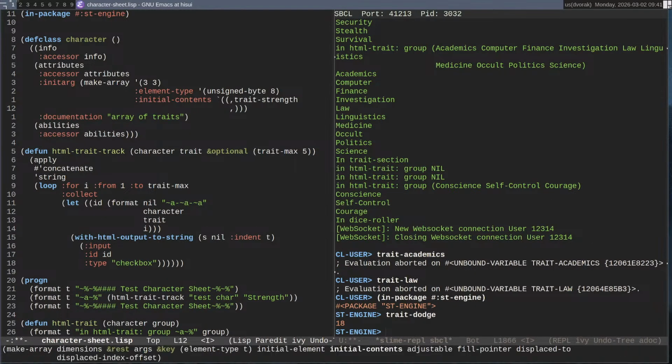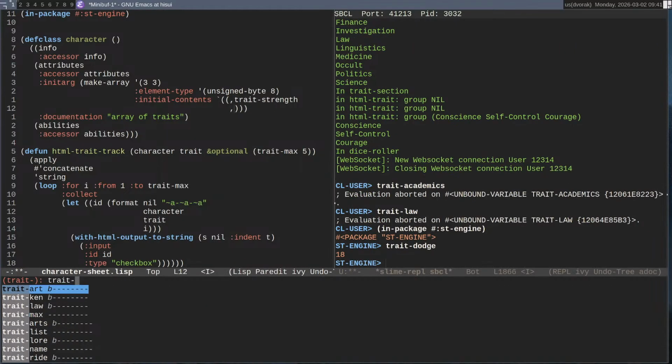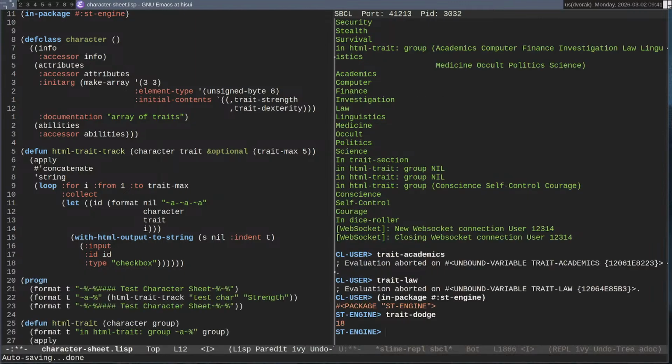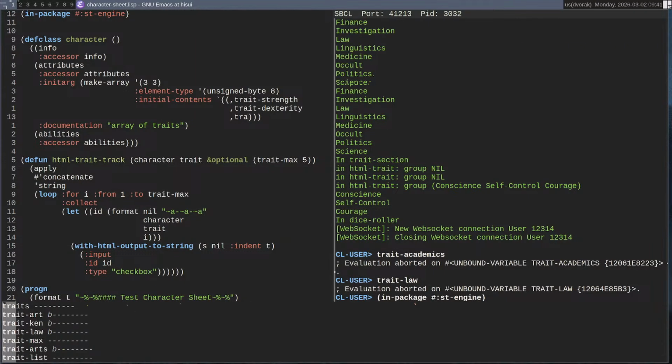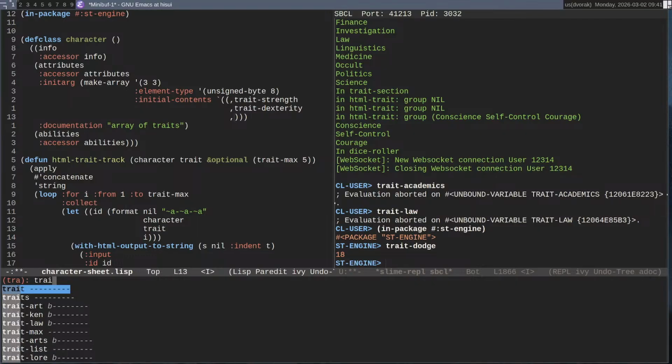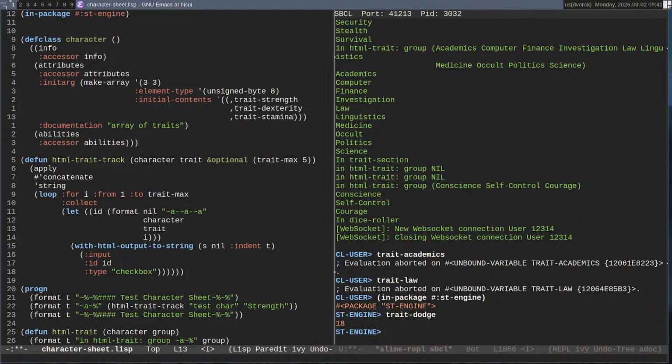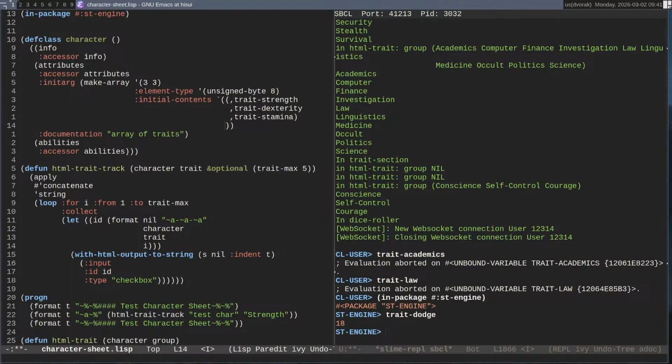I want trait, I probably want, what do I want? Dex for dexterity. Trait stamina. And that's the first list.